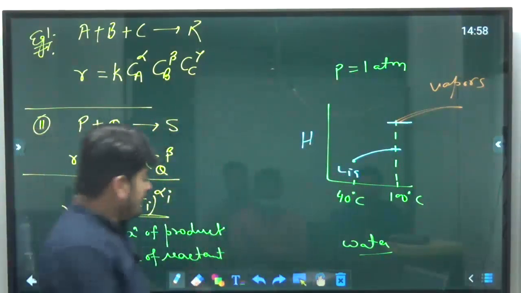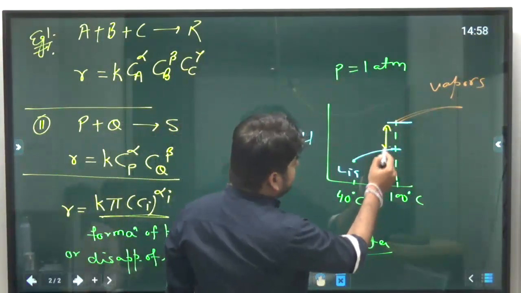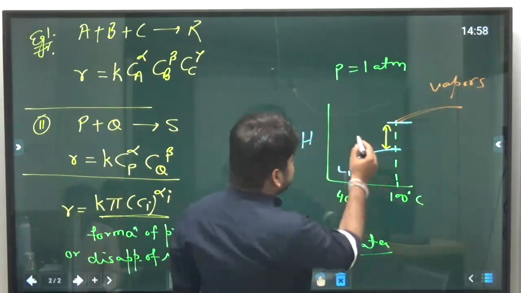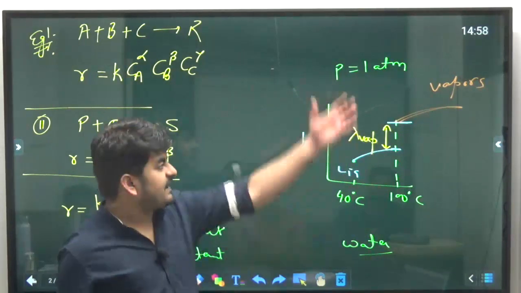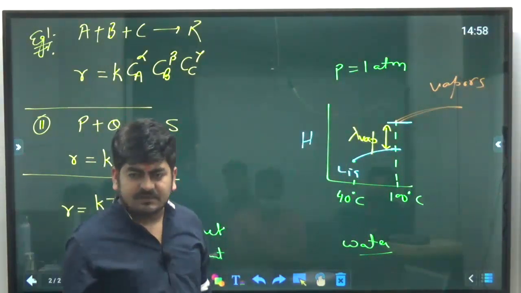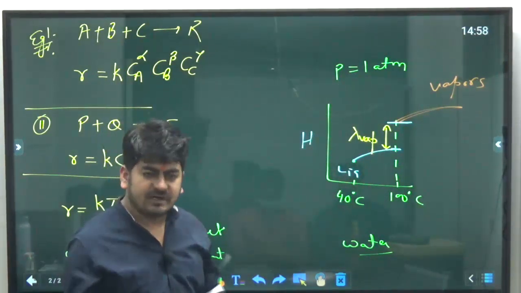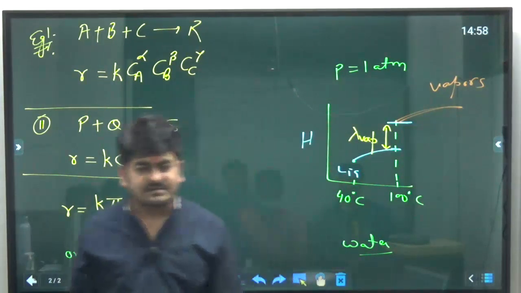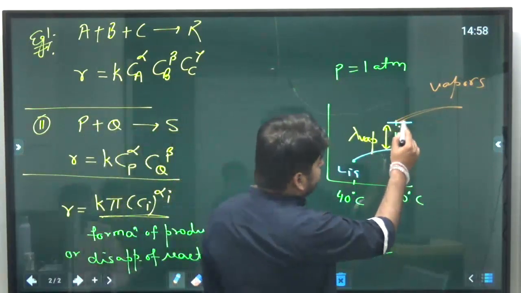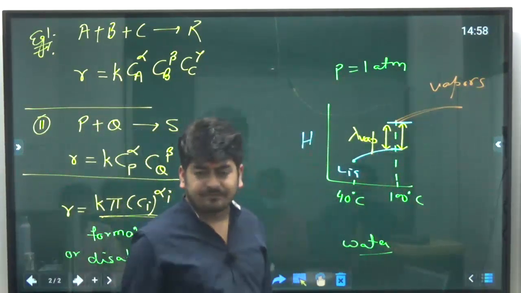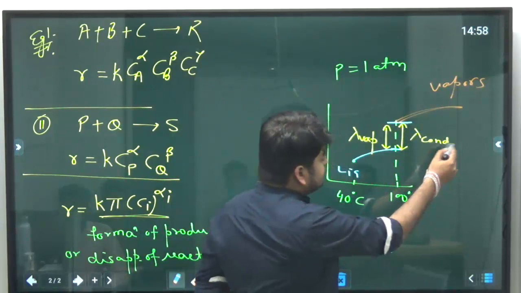So this heat which was involved in this transformation from liquid to gas is known as latent heat of vaporization. Similarly, if I am cooling these vapors, they will get condensed after 100 degrees Celsius. Further, they cannot release the heat, so they will start to get condensed. System will collapse. System will change. And in that case, this will be the latent heat of condensation.